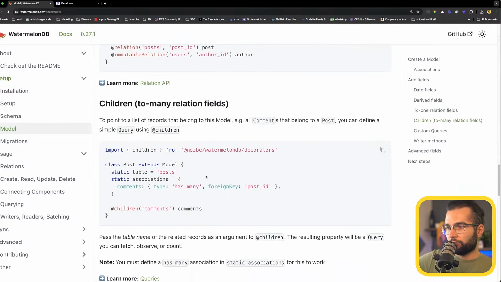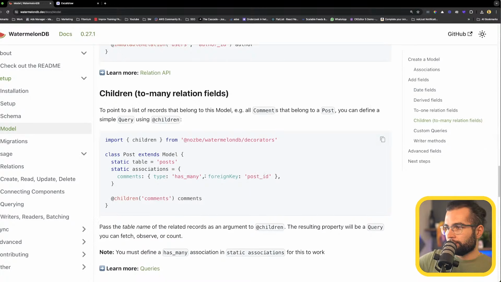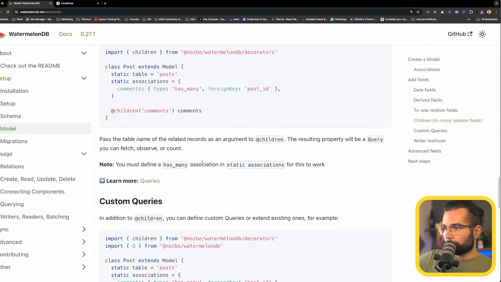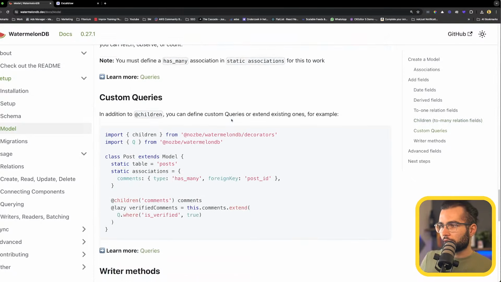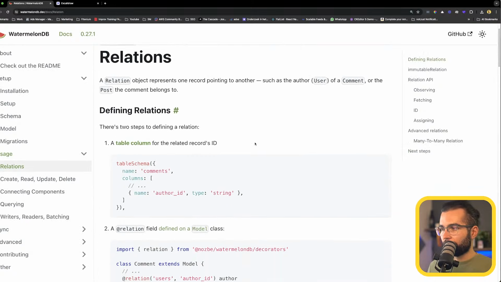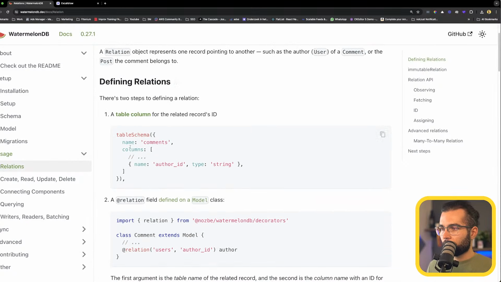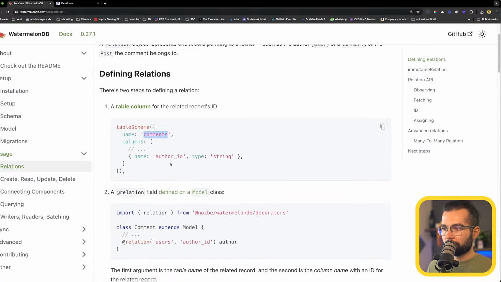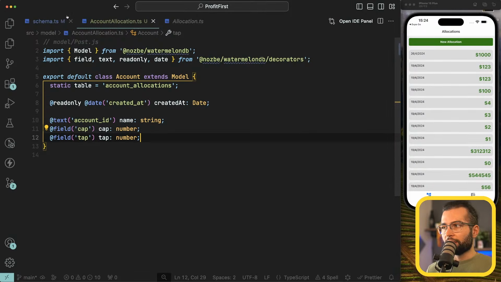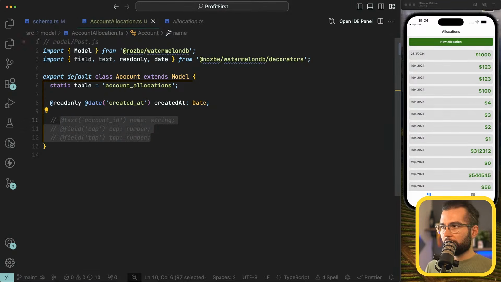I'm thinking whether I need to define it as a field. Has post. Okay, custom queries, writer, advanced. Let's look at defining the relations. So here, comments has an offer ID. Then with that, we create a relation on the offer. So that's going to be our relation. So again, let's take a break. Let's not cover that right away. Let's cover